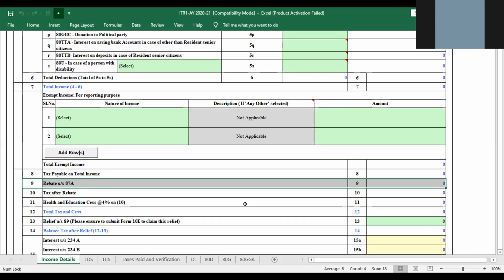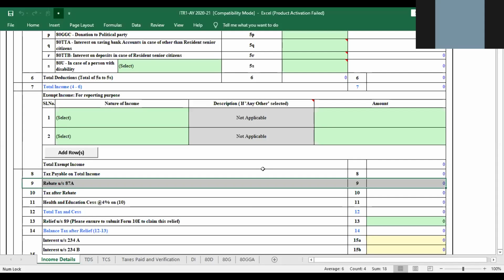Now, the moment you earn 5 lakh and 1 rupee, that rebate is not available to you. So that is why, because this rebate is there, it is an illusion in the mind of people that up to 5 lakhs, you do not pay any tax. So we have clarified this, that the slab rate starts from 2,50,000.